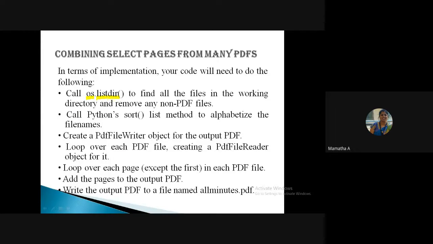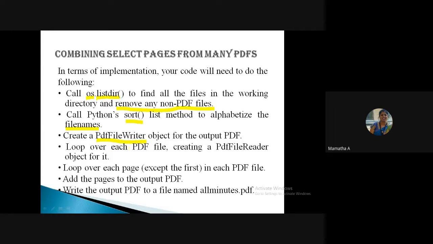So you should make sure that you remove the non-PDF files, because I am interested only in PDF files. Think how you can do it. Then call the sort method to alphabetize the file names. Then create one PDF file writer object.